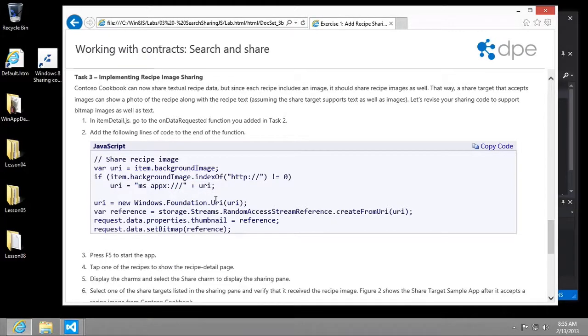So now we're going to create a proper URI and pass that URI to a function inside of the Windows.Storage, which we aliased earlier, .Streams.RandomAccessStreamReference.createFromUri. So now we're getting an in-memory stream of the data that composes the actual image file, and then we want to set the bitmap, the actual streamed file, as data that we're going to pass into the request. So now the share contract should know on the receiving end